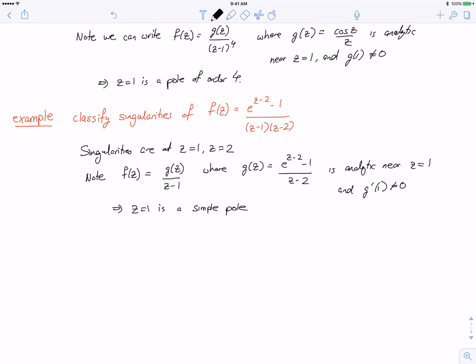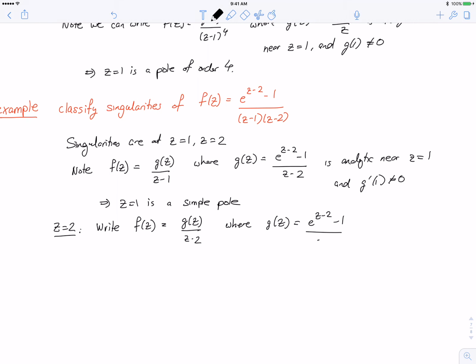So for example here, in the case of z equals 2, if I try to apply the same trick from before and write f of z equals g of z on z minus 2, I would need to take g to be e to the z minus 2 minus 1 on z minus 1,